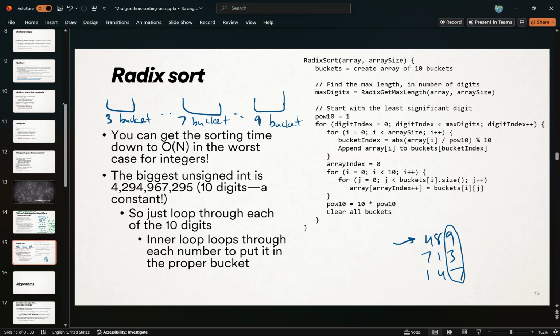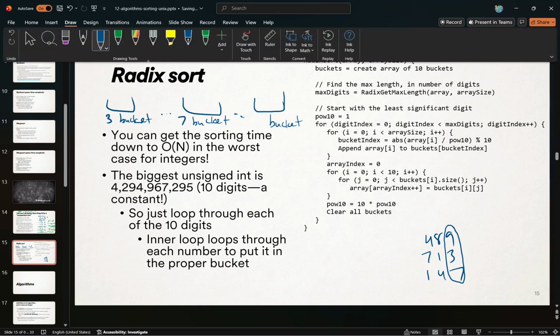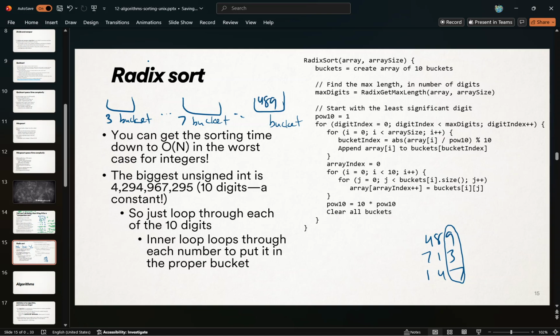So for example, we're going to loop through all these numbers. We see that 9 is in the place we're looking at right now. So 489 is going to go in the 9 bucket. You'll place it there. And then 713 ends in a 3. We're looking at the ones place right now, so 713 is going to go in the 3 bucket. And then the 7 bucket is the one that 147 is going to go in. All right? And so if you take these numbers back out and put them back into the array in bucket order now, you're going to turn this into